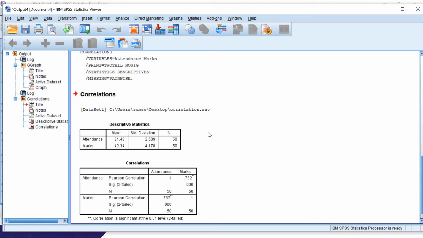Next box is the correlation matrix. This box is called a correlation matrix because in this we get the correlation of each combination of variables. Here attendance is correlated to attendance, attendance is correlated to marks, marks is correlated to attendance, and marks is correlated to marks. When a variable is correlated to itself, we get the coefficient of correlation 1. And here attendance is correlated to marks, we get the coefficient of correlation 0.782. Here also marks is correlated to attendance, we get the same coefficient of correlation,